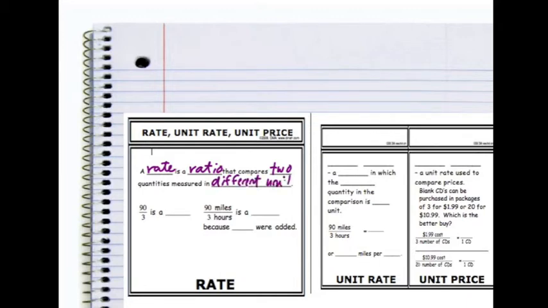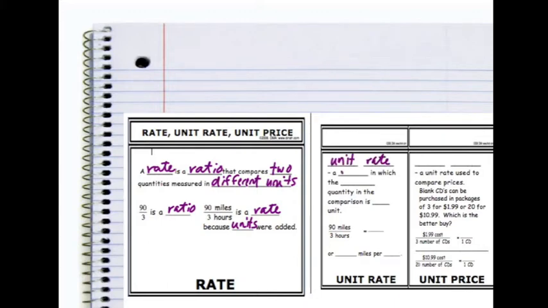units. And this is something we discussed in the previous video, but just to review, right? 90 over 3, or 90 thirds, is a ratio. 90 miles to 3 hours is a rate because we added units. So it's important to be able to look at rates and ratios and know which is a rate and which is a ratio. And it's very simple to tell that, because all you have to do is look for the units. A unit rate